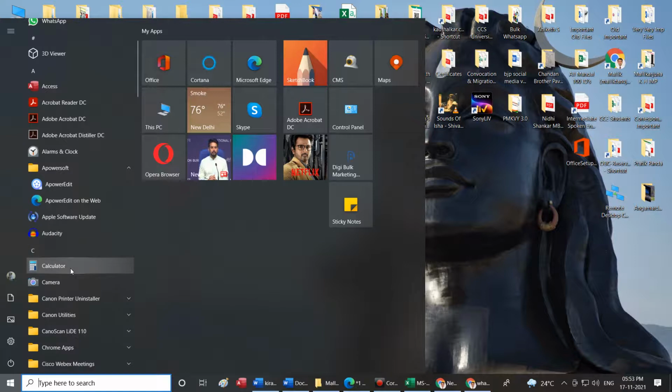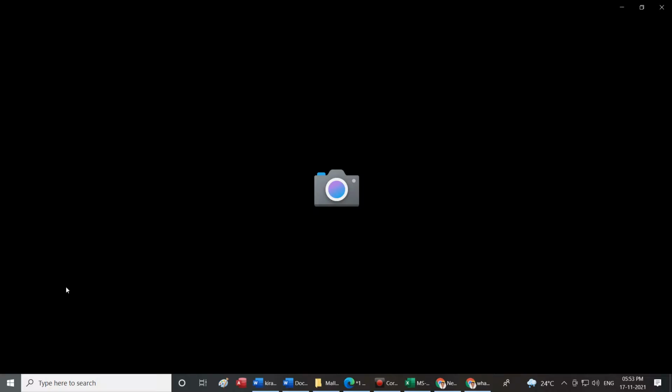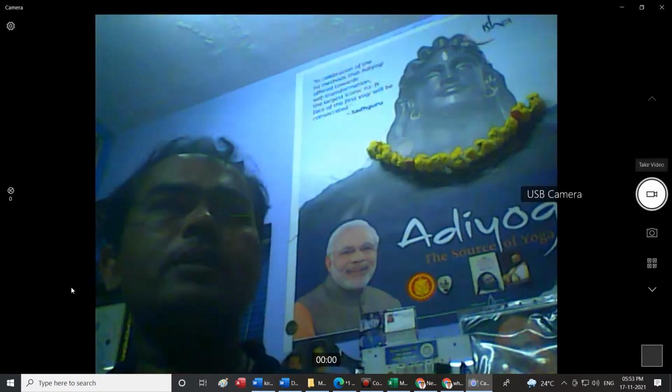Next comes C. Calculator. Calculator is used for calculations. Camera. Camera is used to capture images. Camera is also one application in Windows. When I click, it allows me to capture videos. Okay, let it start the camera. Here is a camera. We can capture anybody's image. We can take a still image.